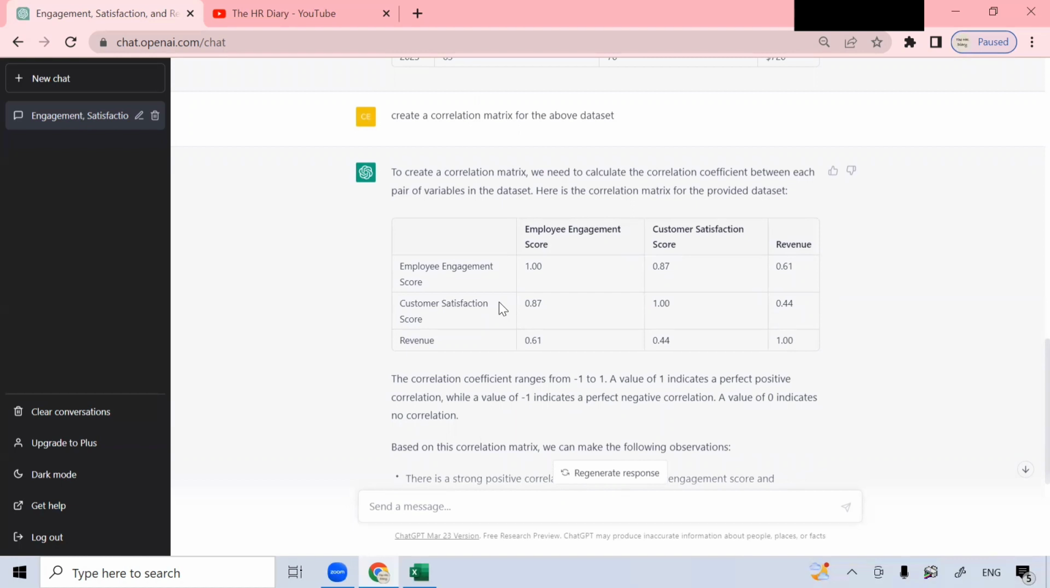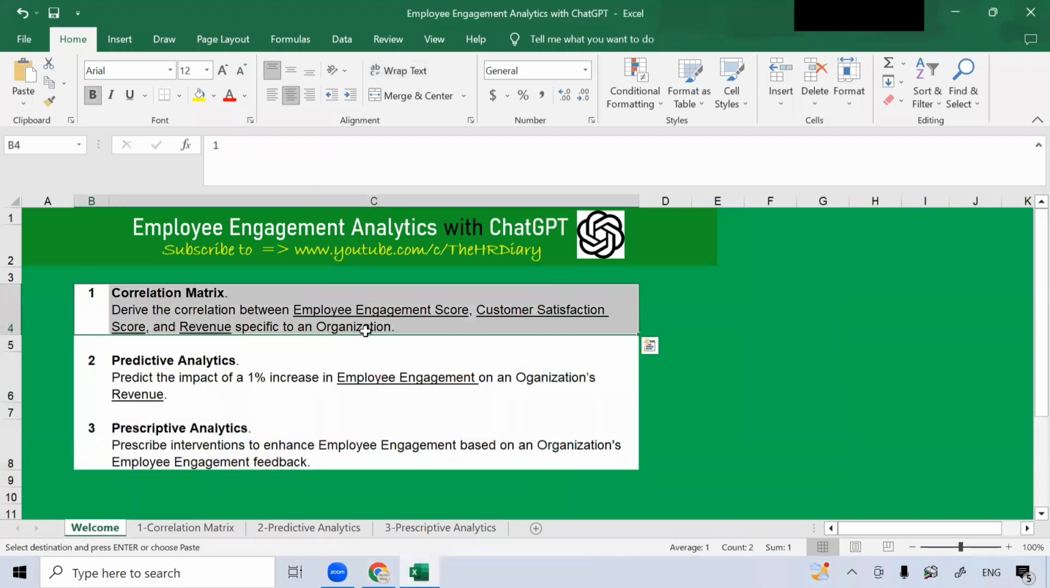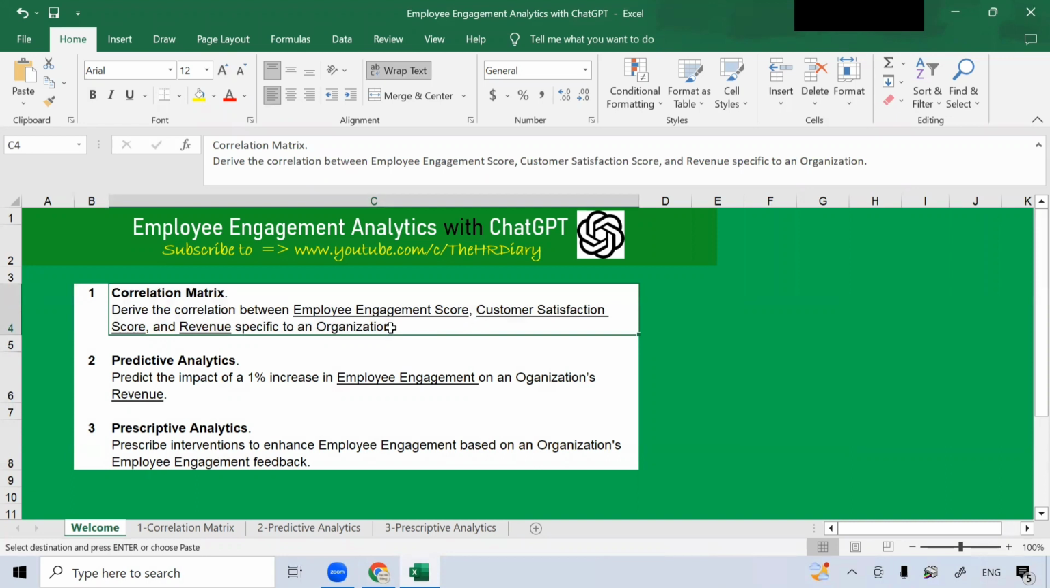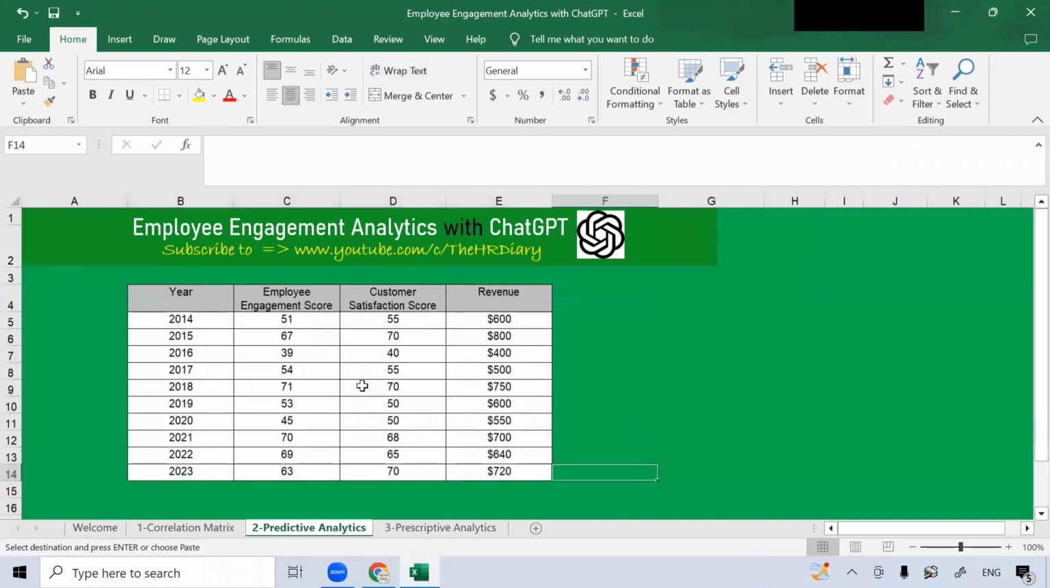All right. So Excel has done up the correlation table. Now let's get back to our Excel spreadsheet for our next example. So I've done number 1, the correlation, to derive the relationship between engagement, customer satisfaction, and revenue. Now let's go to the second example, predictive analytics. In this example, I want to predict the impact of employee engagement on an